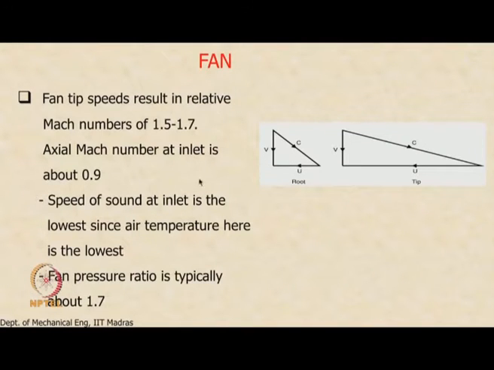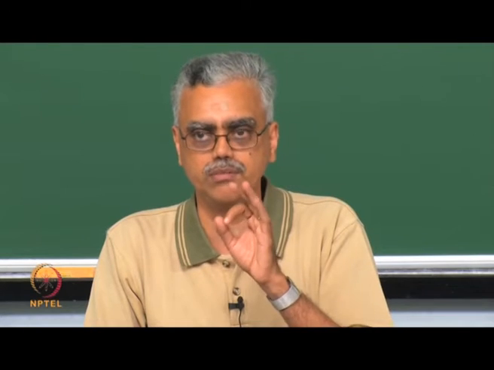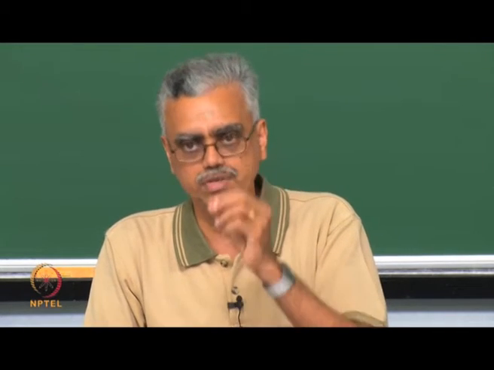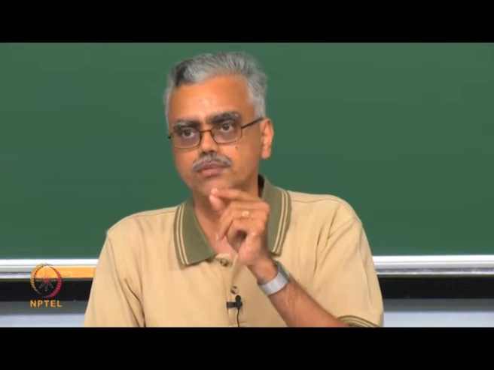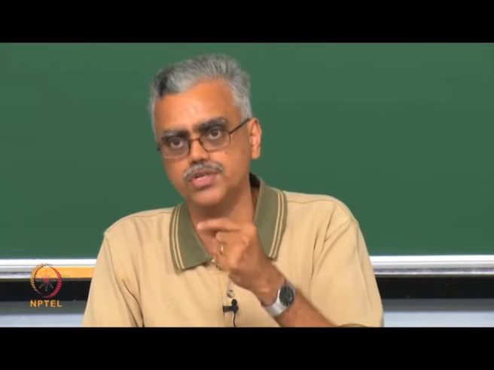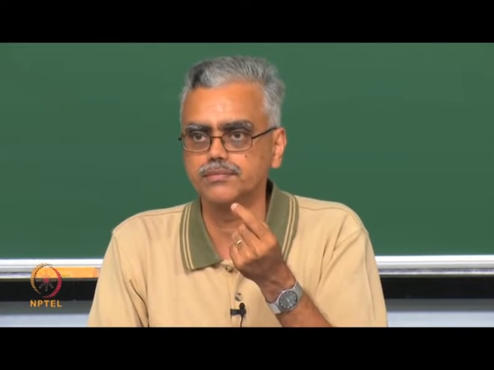Okay? That is one of the challenges. The other challenge, of course, is the RPM and the diameter. So what happens is, because of this and the RPM, the flow that approaches the fan is subsonic at the root section and supersonic at the tip section. Remember, you must bear this fact in mind. I am saying the relative velocity, the Mach number based on relative velocity approaching the fan, becomes supersonic.